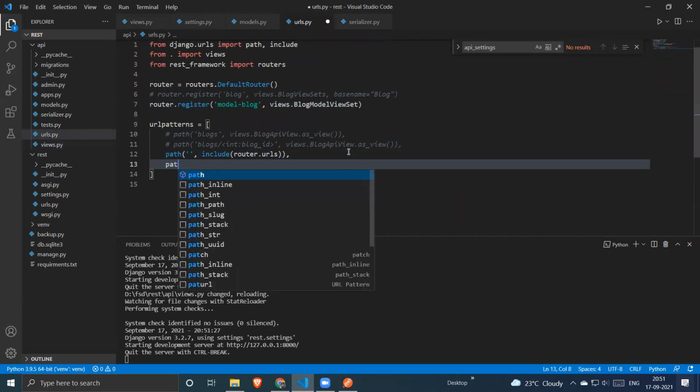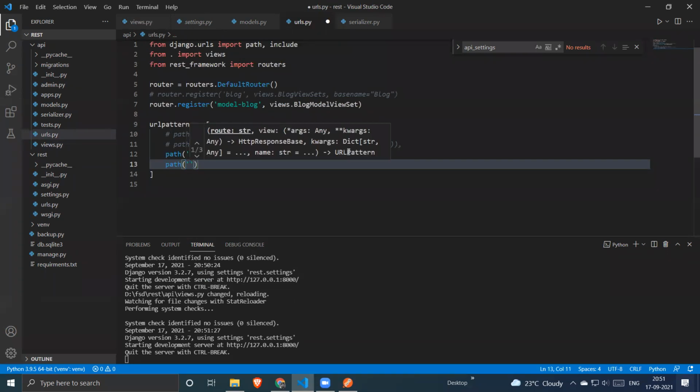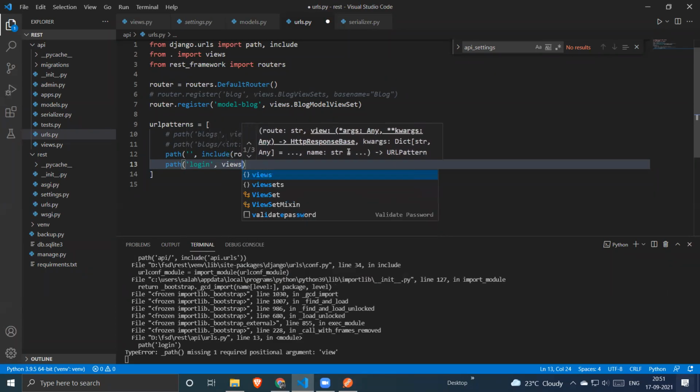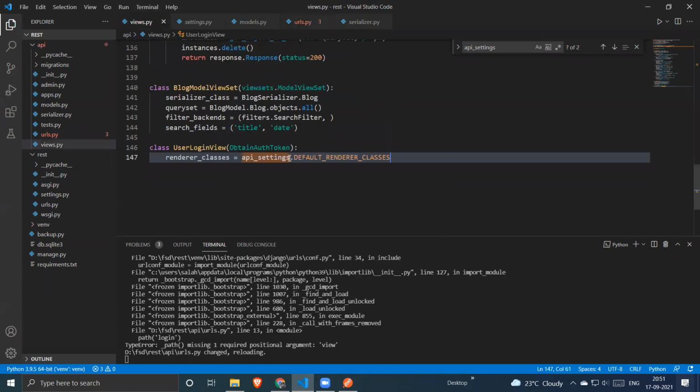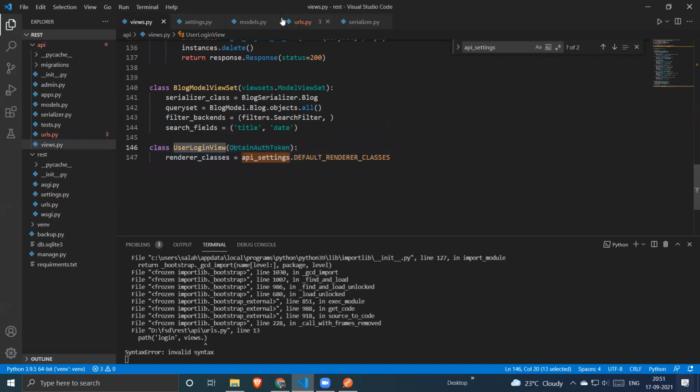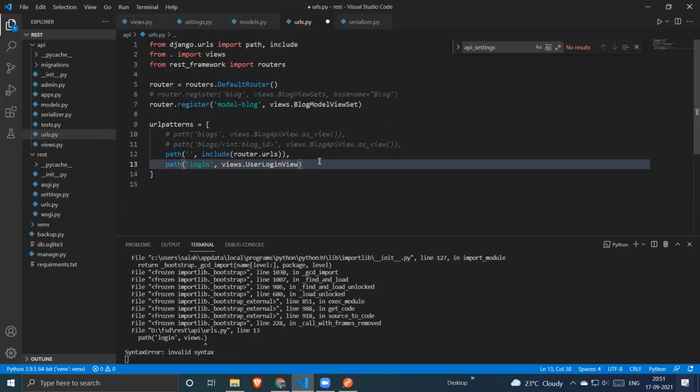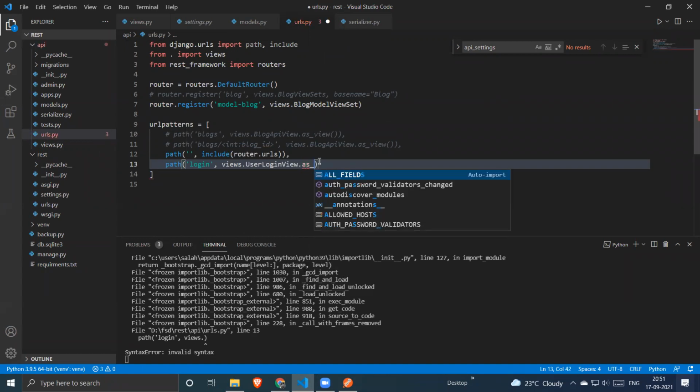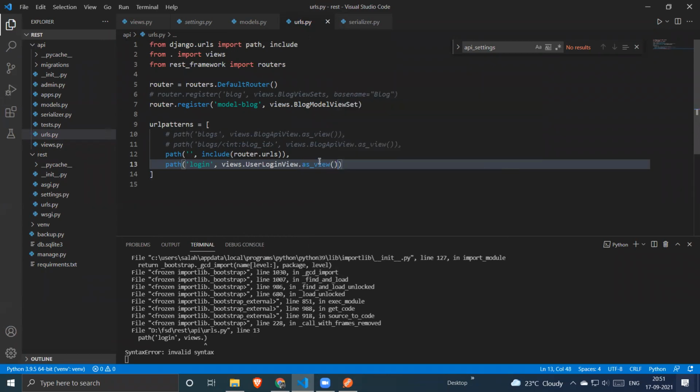So let's say path, now let's create a login. Then views dot our API view function name, which is user login. Then we have to treat it as a view.